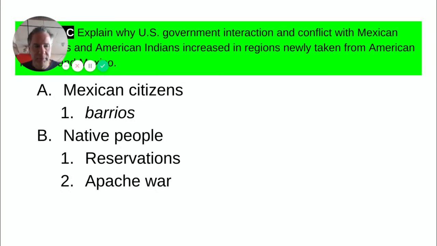And it was a long drawn out conflict between Native Americans in the Southwest and the United States military. It began in the 1850s and it did not end until 1924, almost 70 years later. The Apache continued to fight for their rights and to try to get the United States to uphold their treaty agreements.